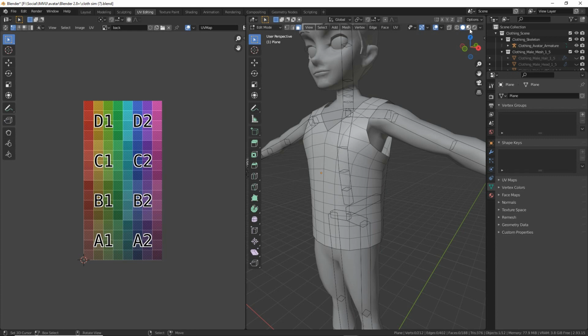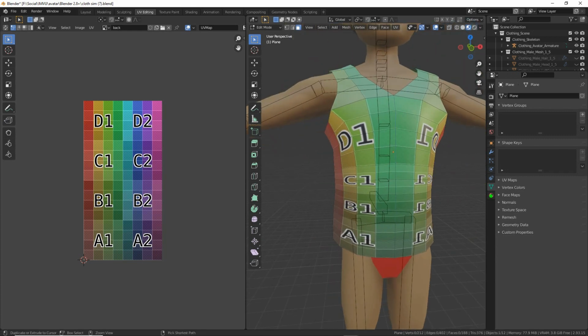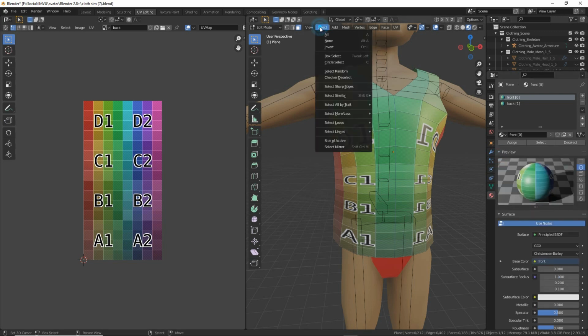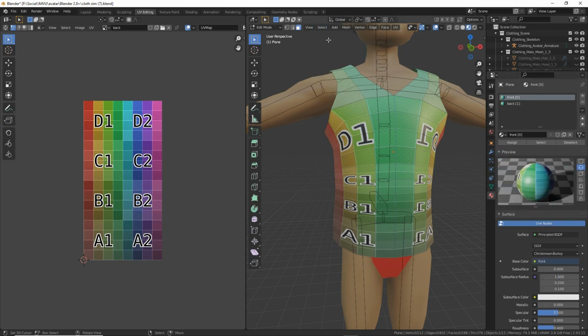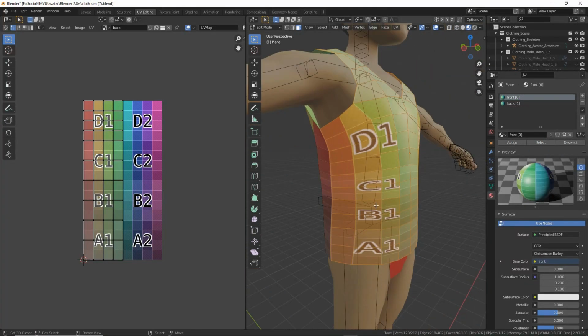Switch to material preview just so that we can see what we're doing. Material properties, this just helps us with the selection process. Make sure nothing is selected. Select our material and then we're going to click select and deselect. We're going to use deselect and select. So that's going to select our